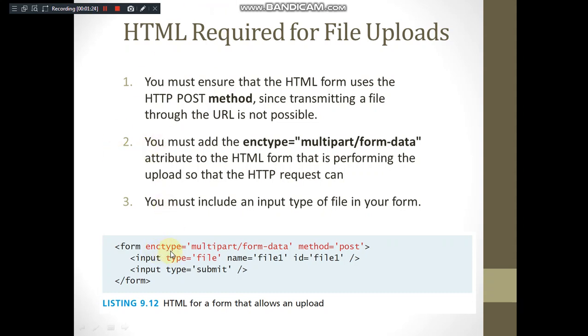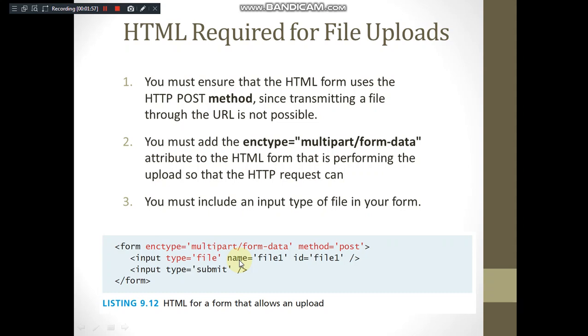Form enctype equal to multipart/form-data is required. Method equal to post is necessary rather than get, because when we make use of get, it is attached as a query string with the URL. Since we are submitting a file of larger size, it is essential to make the method post. And we would like to create a browse button for the file to be uploaded. For that we have to use input type equal to file, with a name, and then you can have a submit button.